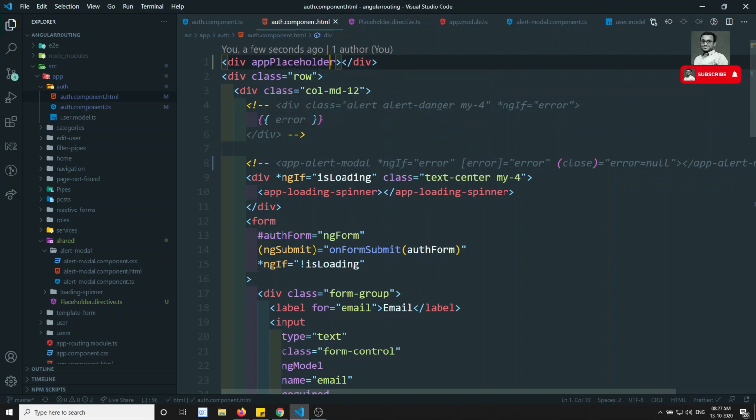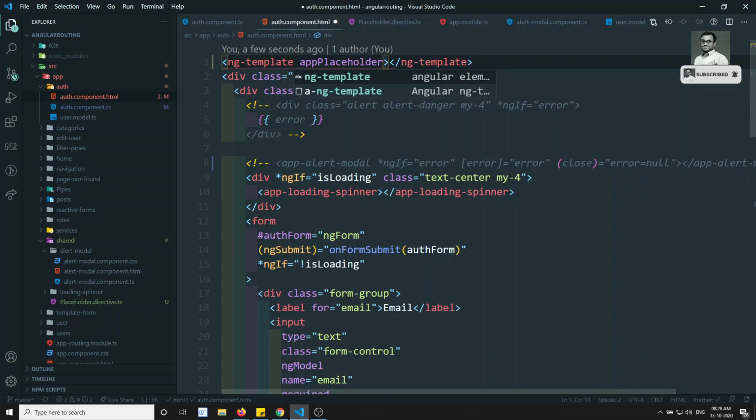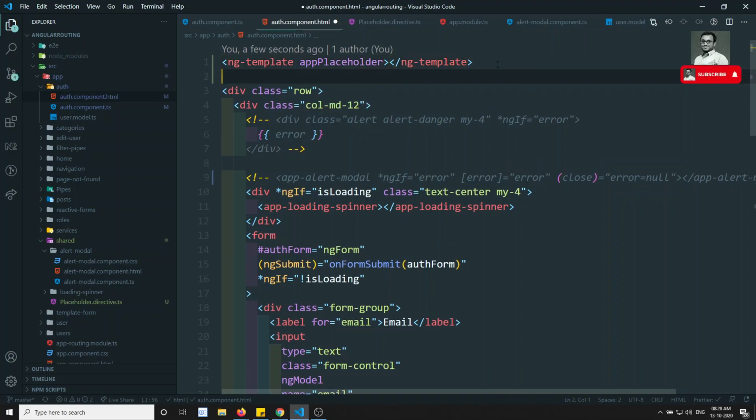So we can use it like this, or otherwise we can use ng template. Ng template is an Angular directive which will place the content in the DOM. So we can use this ng template app placeholder, and we can place it like this.